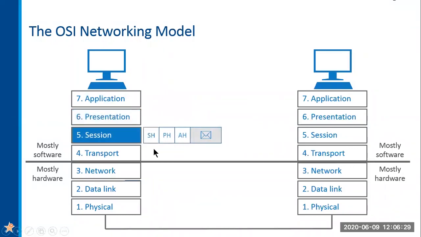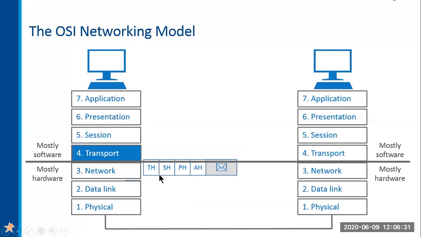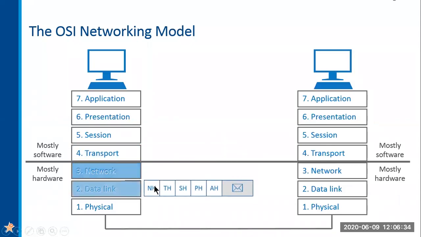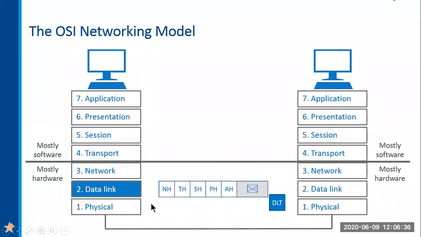Information and instructions are included in these headers, and each layer will add its own header, if you would.